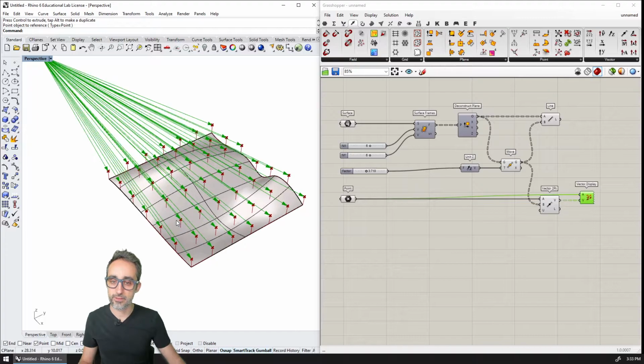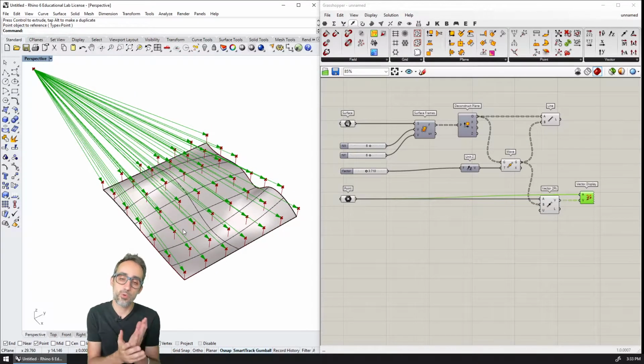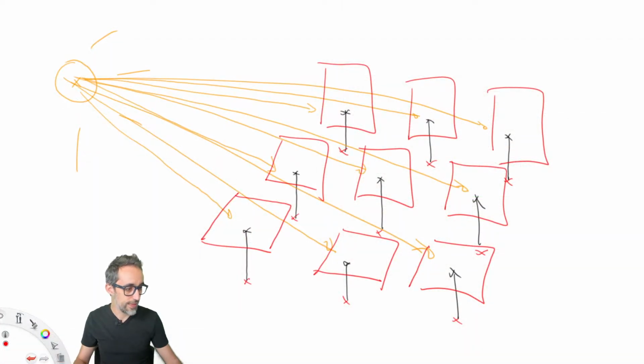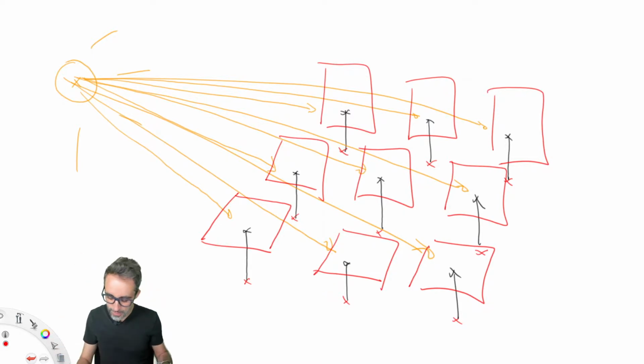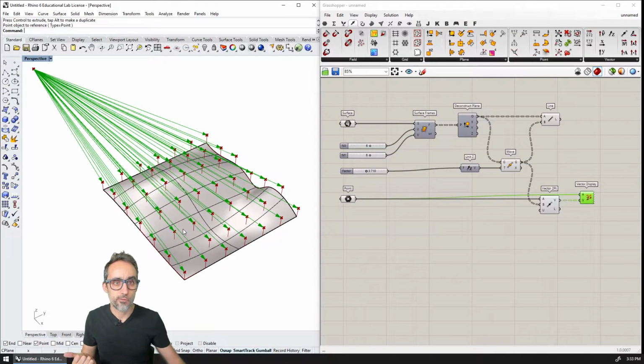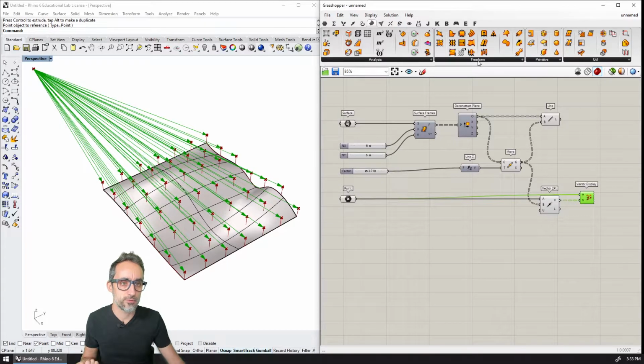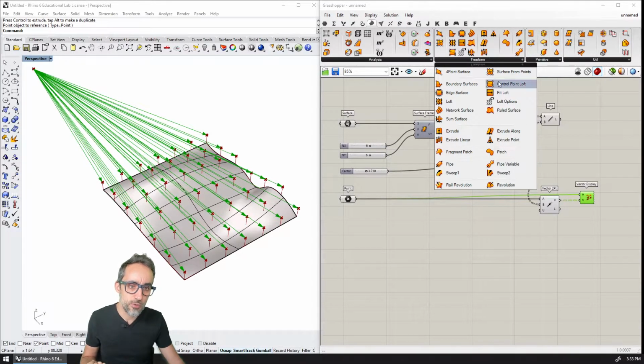Now I have the incidence of the sun, and what I want to do is draw some rectangles or some planar rectangular surfaces on top of these points, centered on them, so that I can orient them to the sun as perpendicular as possible. For creating planar square surfaces, if I go to freeform, there is no actual rectangular surface here.